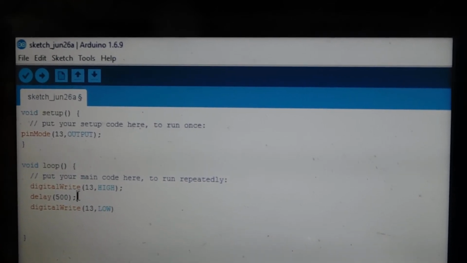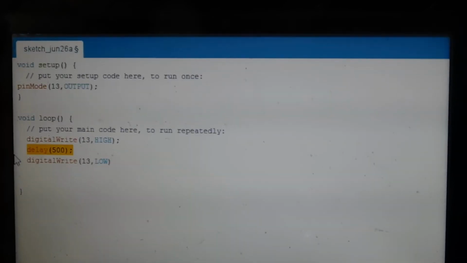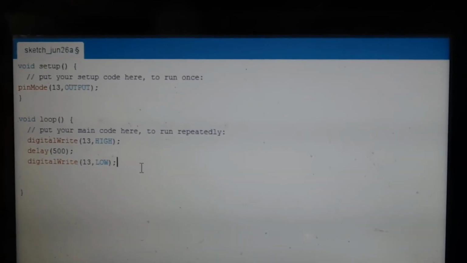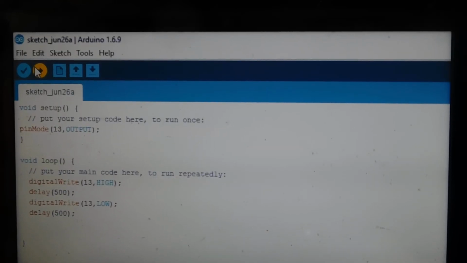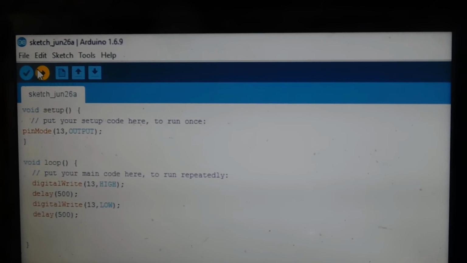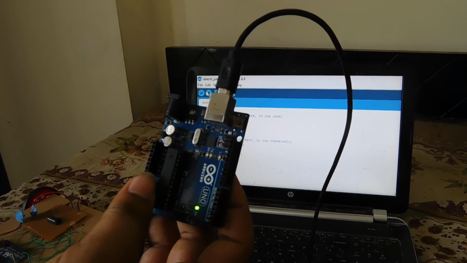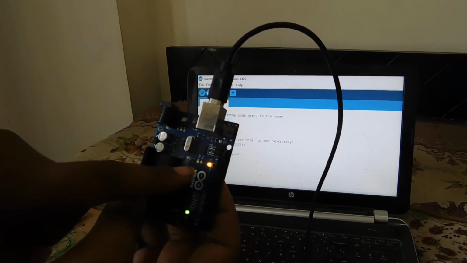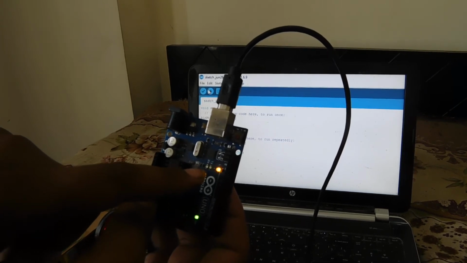Then again copy that particular delay, and just run it. Now what you can see: on for 500 milliseconds, off for 500 milliseconds, on for 500 milliseconds, off for 500 milliseconds.